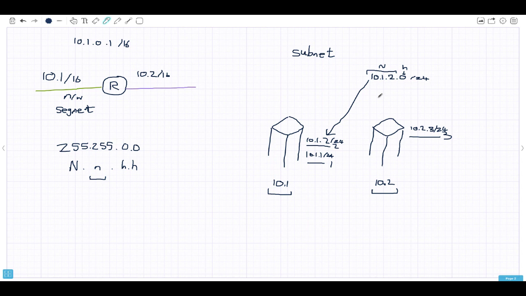And the broadcast then, of course, would be 10.1.2.255. So converting all the host bits to a 1 represents the broadcast. So if I wanted to talk to every host on the network 10.1.2.0, I would address it to IP address 10.1.2.255. So now we understand the basic premise of subnetting, to steal bits from the host field and allow them to